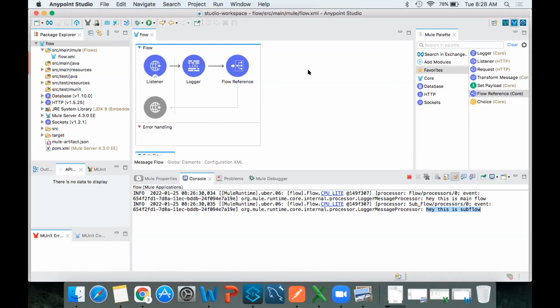Bhargav, first from the listener onward, the flow starts. Once it reaches the logger, whatever is mentioned in the logger message will be printed. So after that, the one flow is calling the subflow. Suppose if you are mentioning anything in the subflow, it will be called. I already explained that, right? So now my question is,